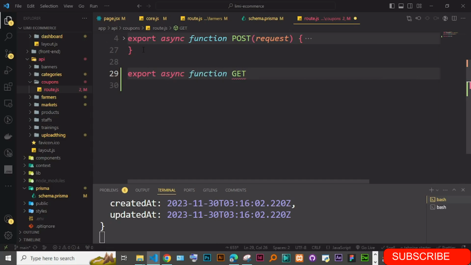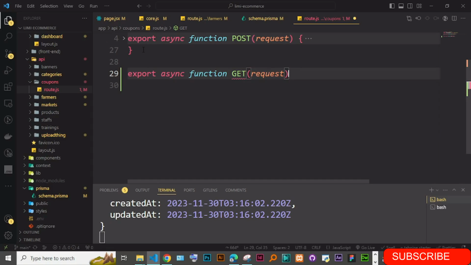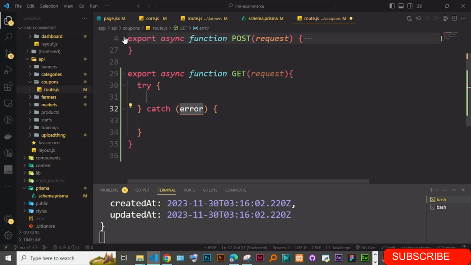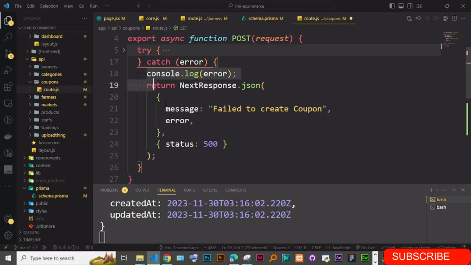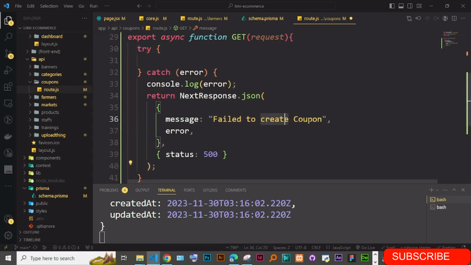So this one is just for getting the data. Okay, and I'm just going to say here try catch. Okay, so in the try catch, of course here just going to copy this part of the catch and put it here. This is going to be fail to fetch coupon,